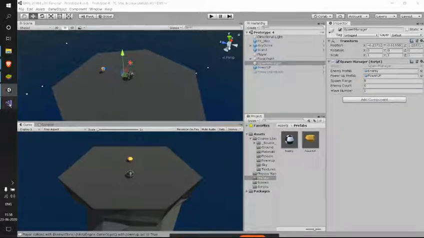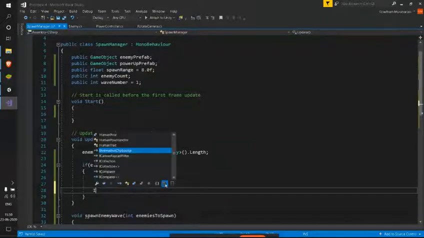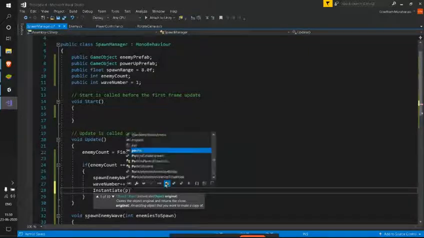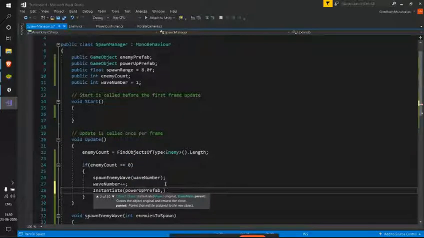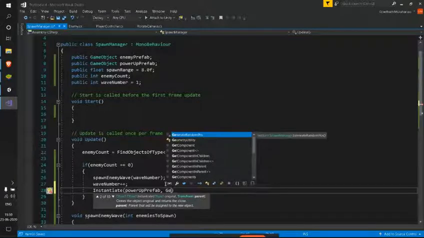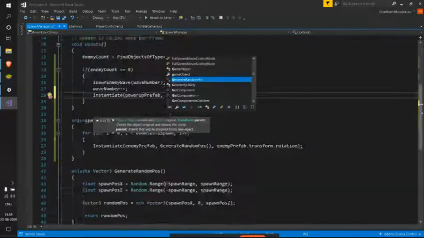Now let me instantiate this power up for each wave. So instantiate of, I'll write it as power up prefab. And this one also I'll be generating random position. What's the method name?